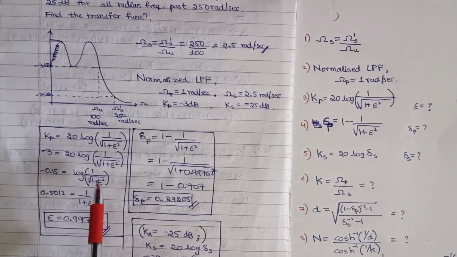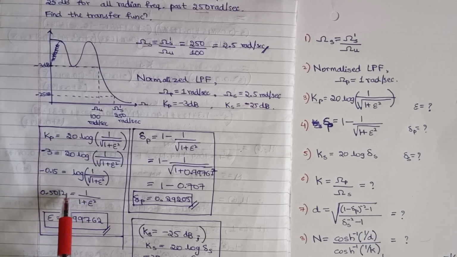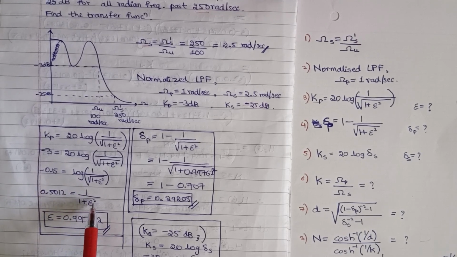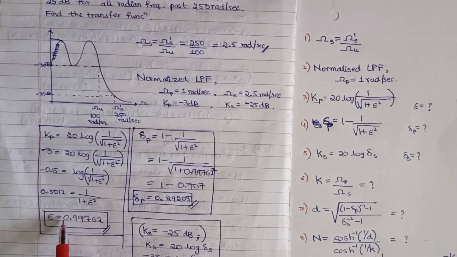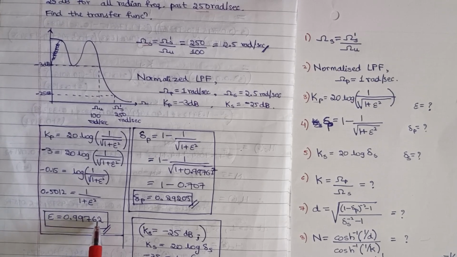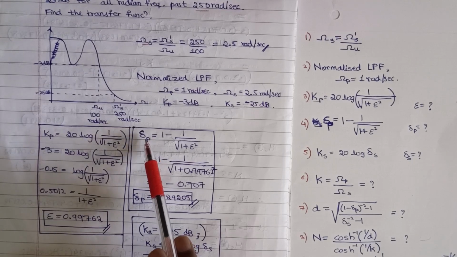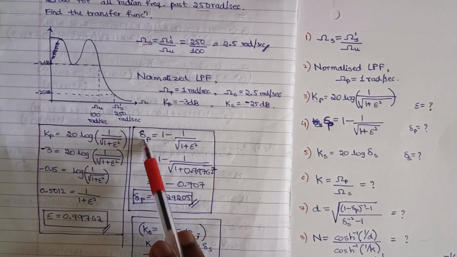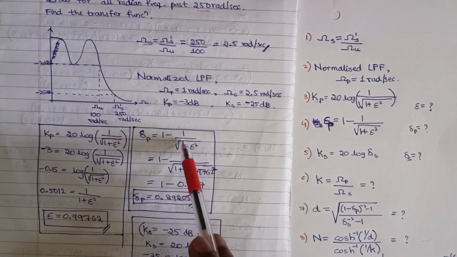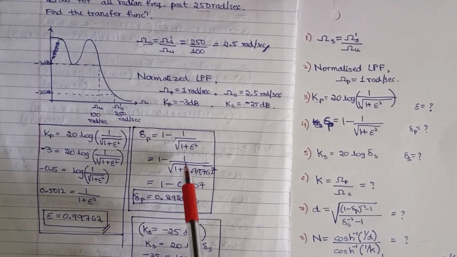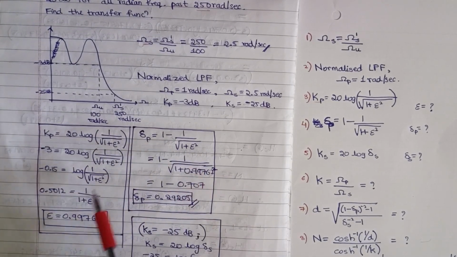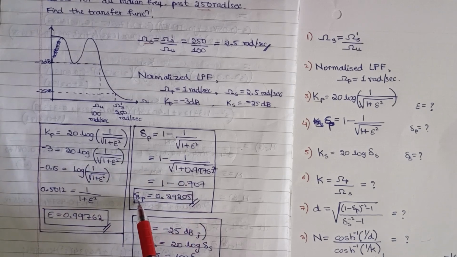The square root and square get cancelled. 0.5012 is equal to 1 divided by 1 plus epsilon square. Hence we get the epsilon value as 0.99762. After getting the epsilon value, we find delta p, which is passband ripple. Passband ripple is given by 1 minus 1 by under root 1 plus epsilon square. Substituting the value of epsilon obtained previously, we get delta p is equal to